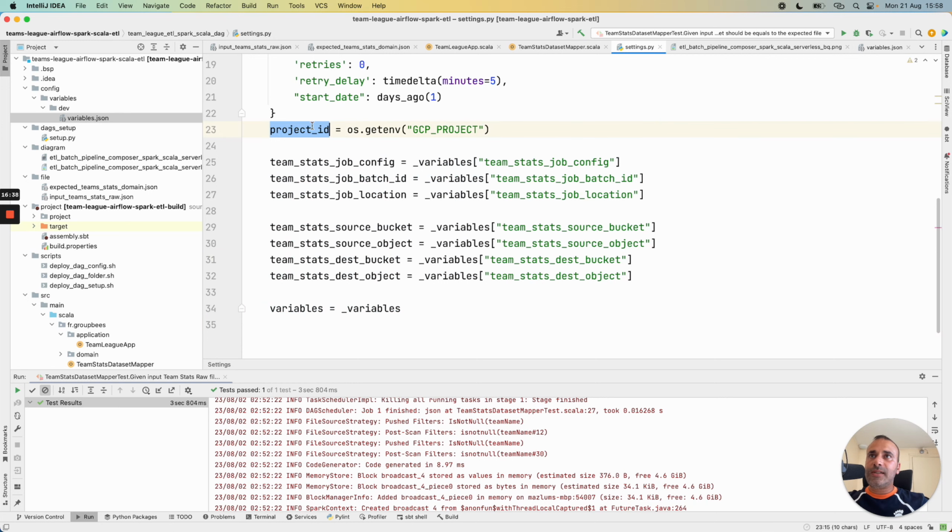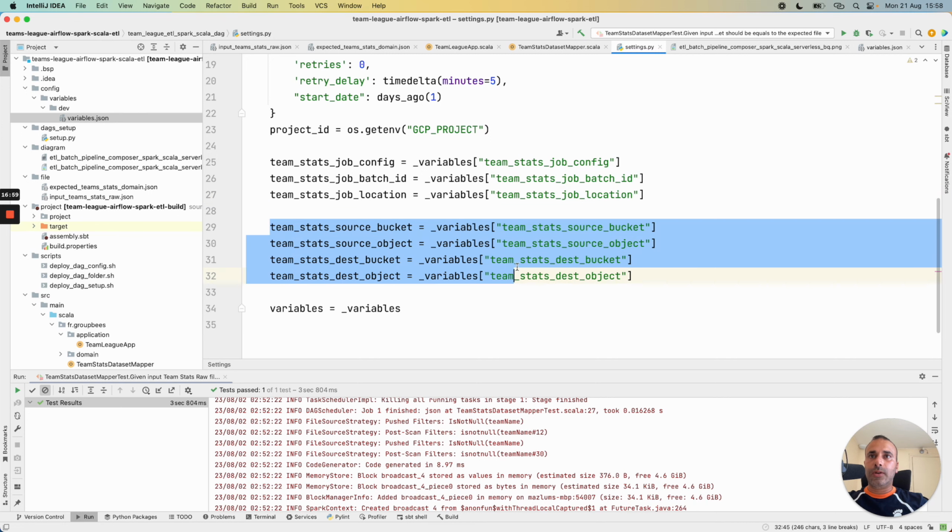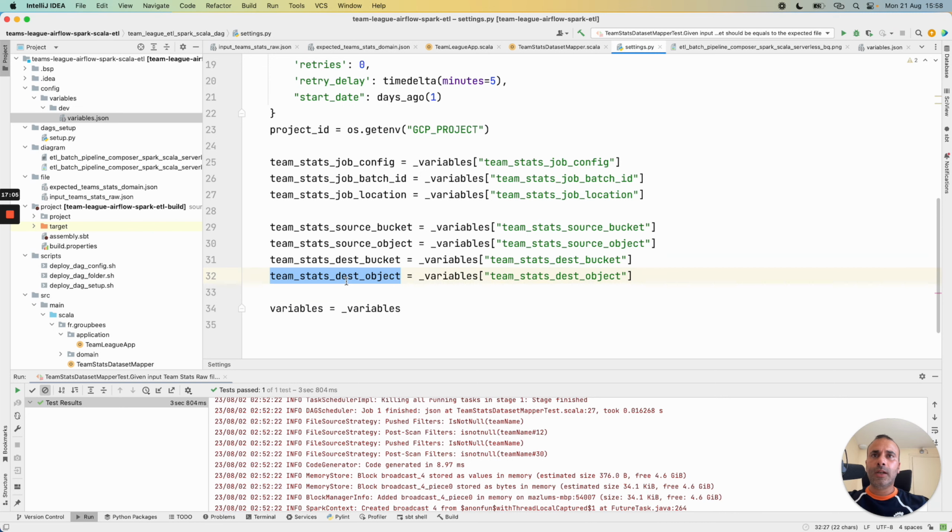I also have access to a predefined environment variable with the GCP project, and here I retrieve the configuration for the Dataproc and Dataproc serverless job, the batch ID, the location, and the input file and input bucket, and also the destination object, because at the end of the DAG we will simulate a move from a hot folder to a cold folder for the processed files.